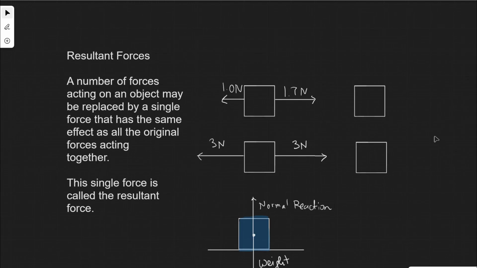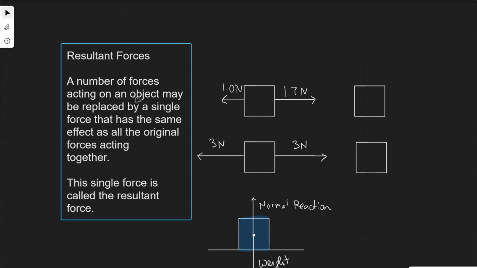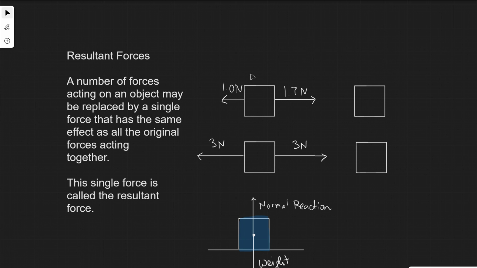So we can have a whole bunch of different forces acting on an object, and the resultant force is used to replace the effect of all the original forces that are acting on this object. So for instance, if I have a 1 Newton force acting to the left and a 1.7 Newton force acting to the right, the resultant will be equivalent to a force of around 0.7 Newtons, which is acting to the